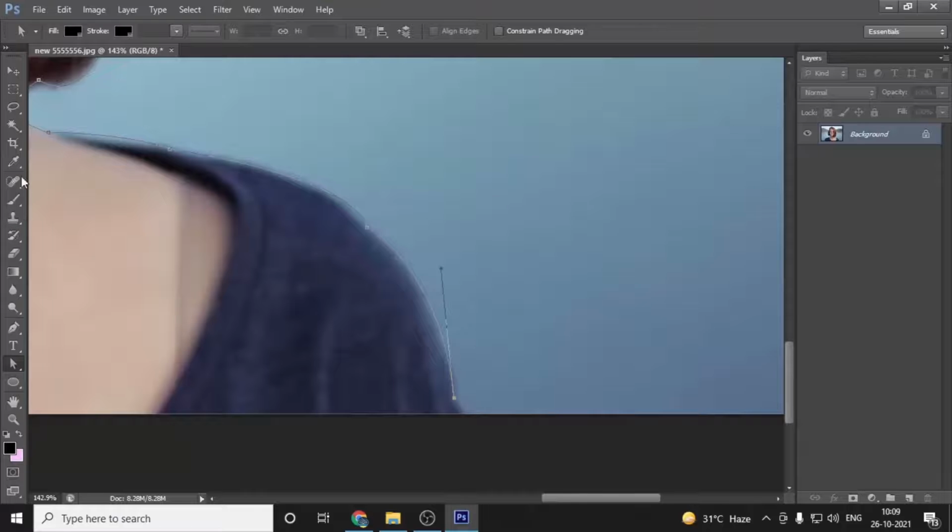If you want, you can take it from here manually. This curve is perfect. I need to put the curve over here and press P again, click over here and take the last.